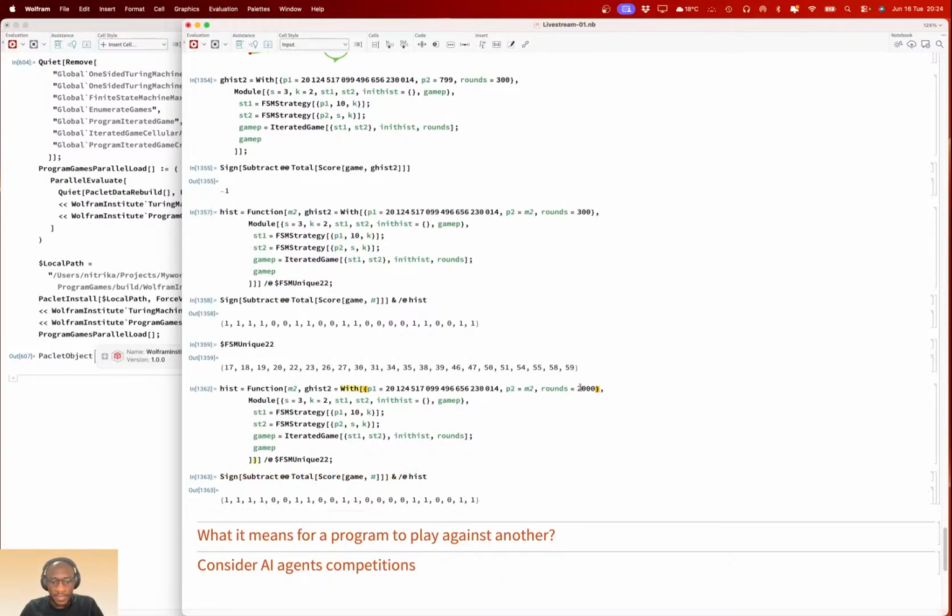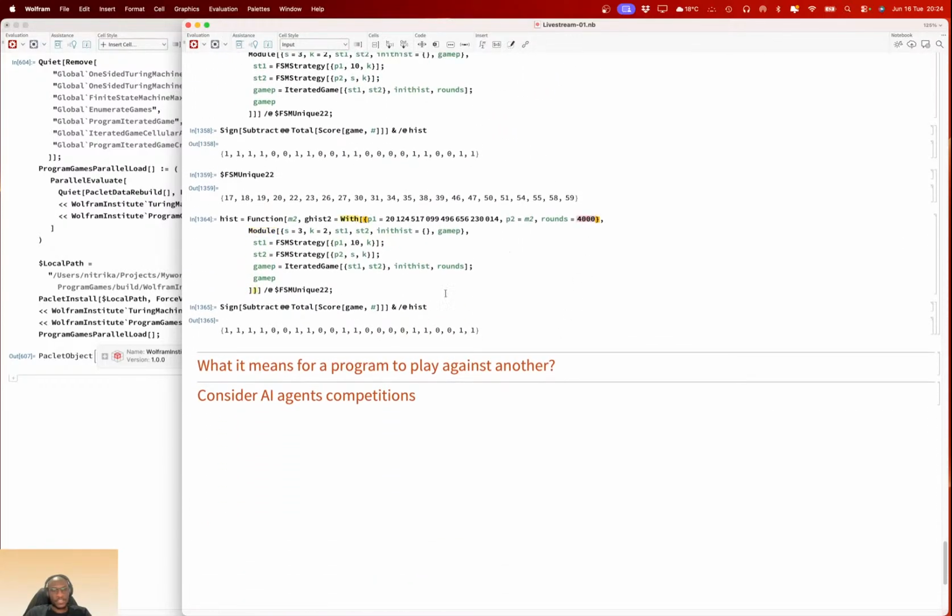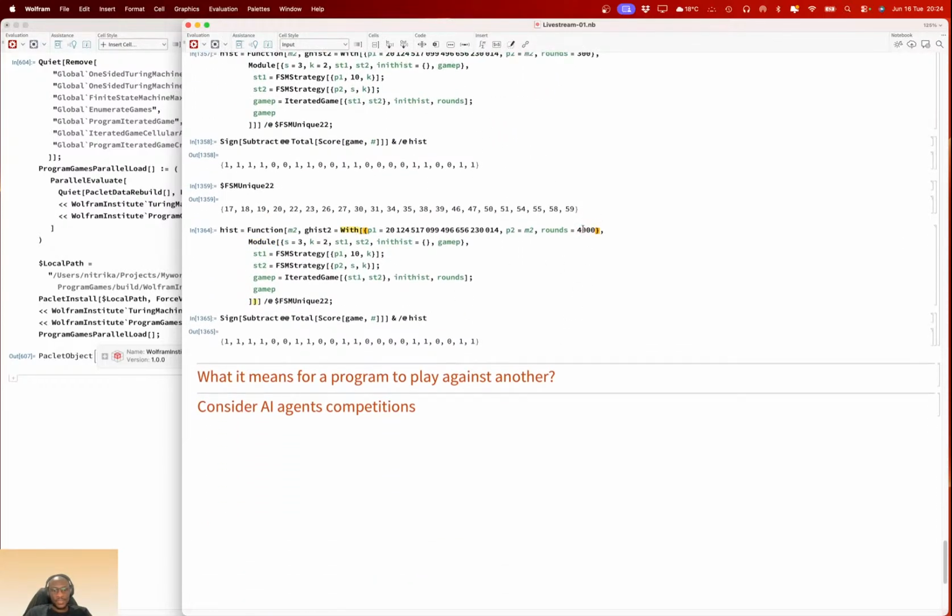Okay, that's good. 4,000 rounds, it still wins. Even if you go to 5,000 rounds, it still wins.